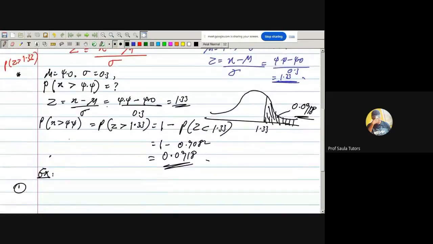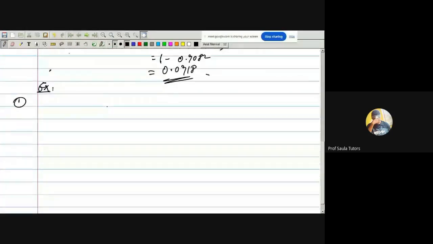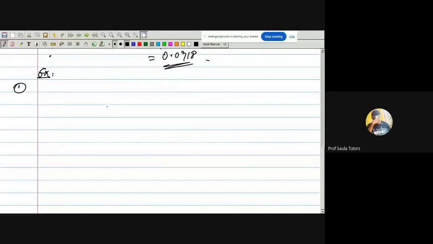This first one was like a question, actually. Okay, let us solve this question. They said, assuming a normal distribution, find